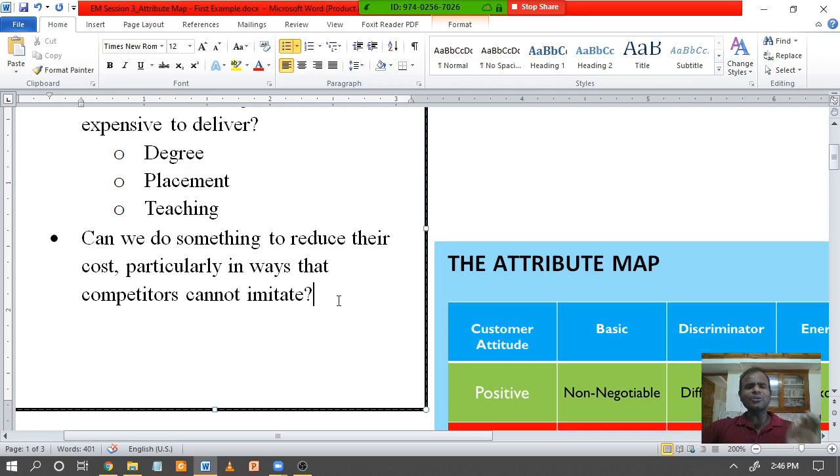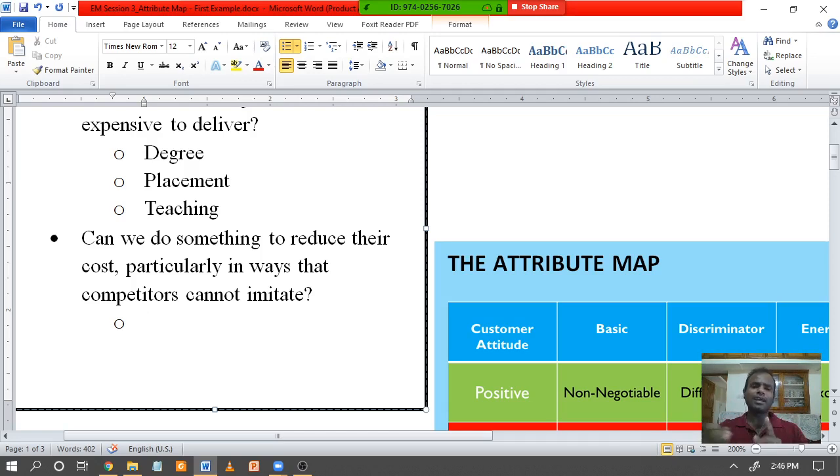Now, can the university find ways to reduce costs in offering this? What do you think? For example, now you are paying how much fee in 4 years to the university for pursuing a BTech degree in Karunya? How much fee do you pay? 13 lakhs? Okay. So you pay 13 lakhs, right? Now the university will also be spending a similar amount on you.